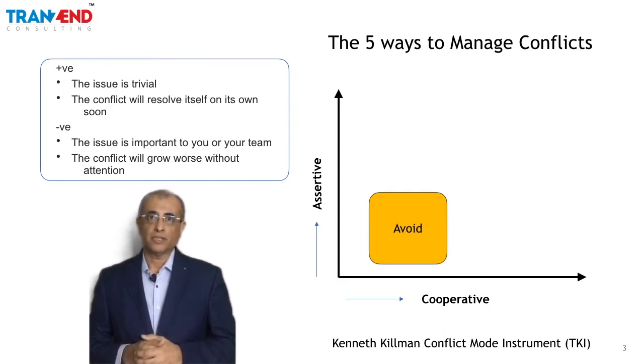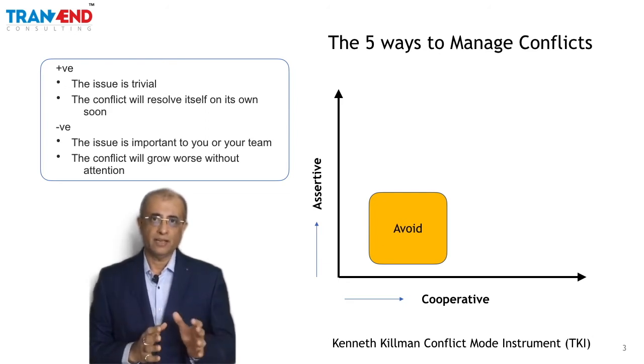Now, this is a situation that sometimes happens with us because a conflict emerges and we don't see it as something that will grow bigger later. So we avoid it now because we are busy with other things. But later it becomes a big issue and then we have to tackle it. So avoidance is an approach, it's a solution for conflicts which has to be taken specifically in the right situation.